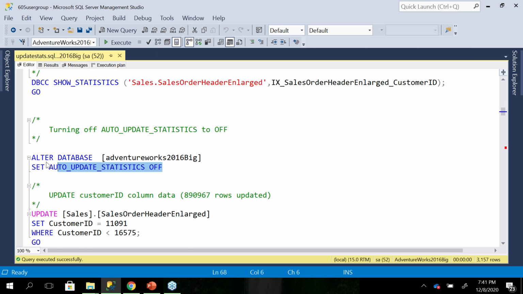Now the row sampled was different, right? Previously it was with full scan, but right now SQL Server decided. We updated the statistics by using the default sample. So SQL Server decided by itself, and most of the time this default sample should be completely fine if you